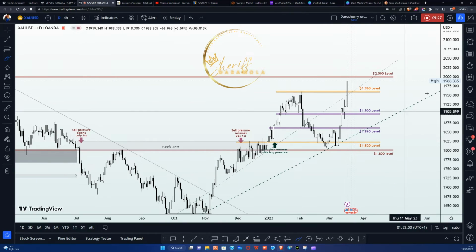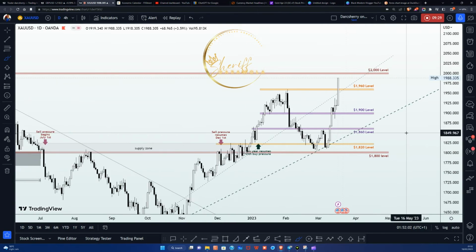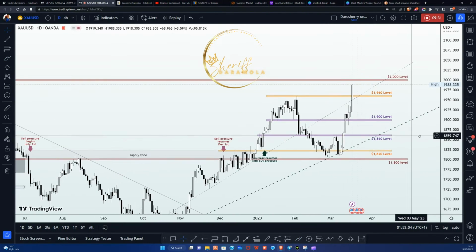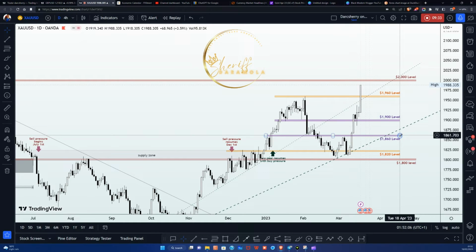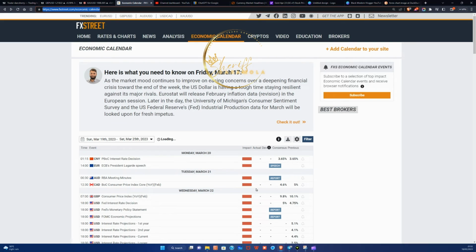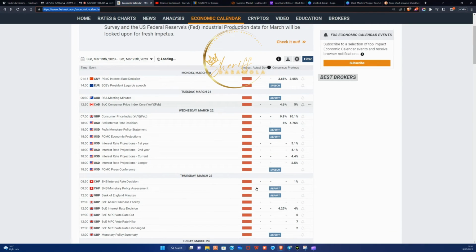So before we scale down into a much lower time frame, let's run through the fundamental perspective of this market. I want us to quickly look through the economic calendar here, where there are a series of macroeconomic events to look forward to this week, which shall be bringing liquidity into this market. Obviously, you all know that despite our technical understanding of the chart, we need some catalyst that will drive price movement